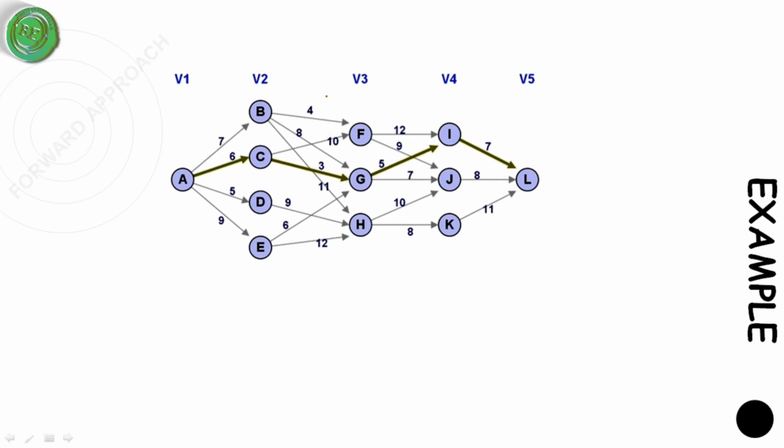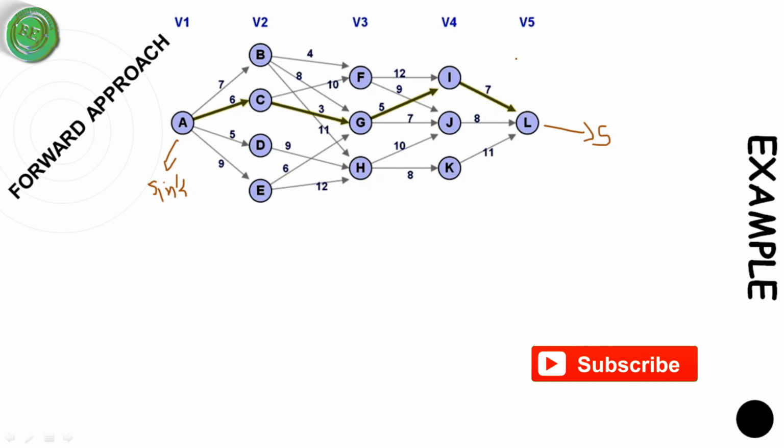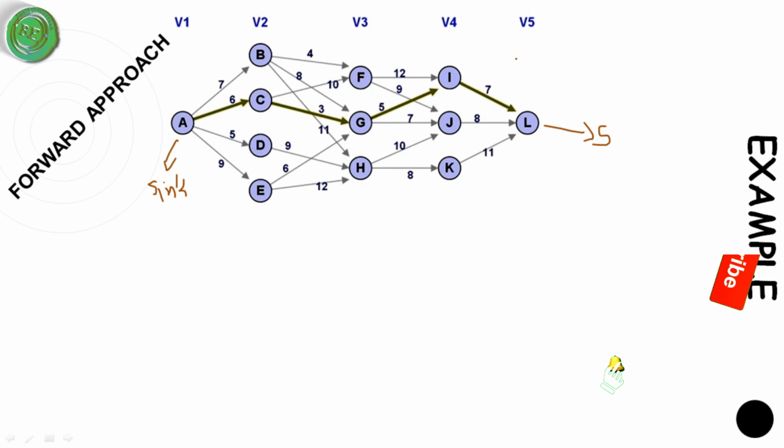Now let us discuss an example of a multi-stage graph using the forward approach. In the forward approach, the sink acts as a source node and the source node acts as a sink. We are going to find the shortest path from A to L, but actually L acts as the source node. In a multi-stage graph, as we are following dynamic programming, every vertex cost has to be calculated. Every vertex cost is calculated and tabulated,